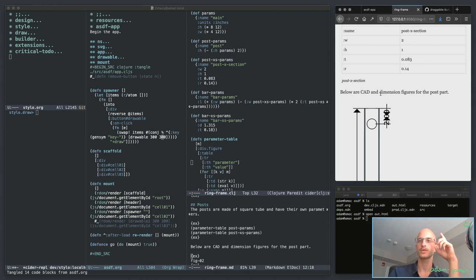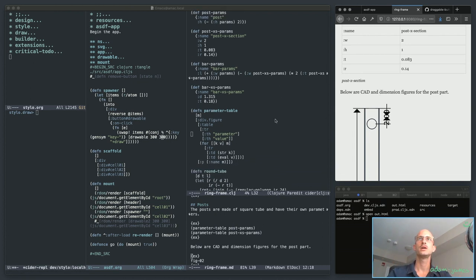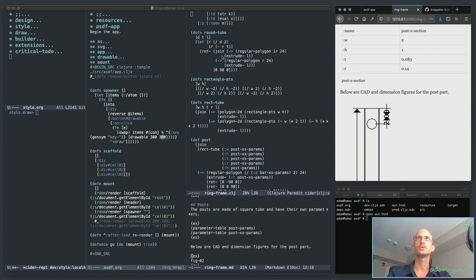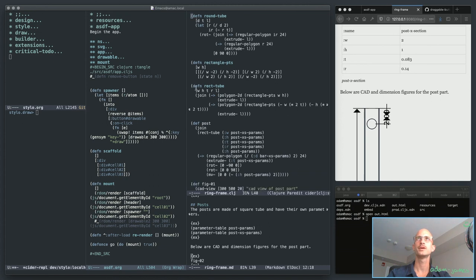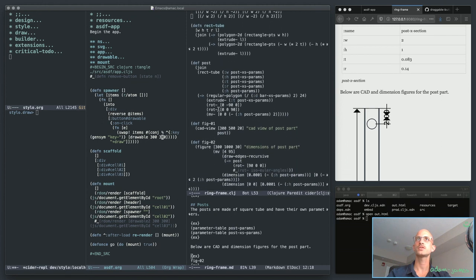One, 2D drawings. So drawing the profile out is kind of tedious. Round tube is one thing, but the rectangular tube here is fairly straightforward initially, but